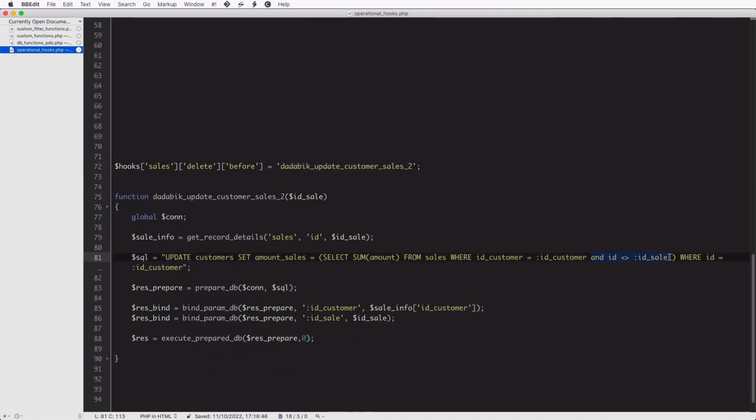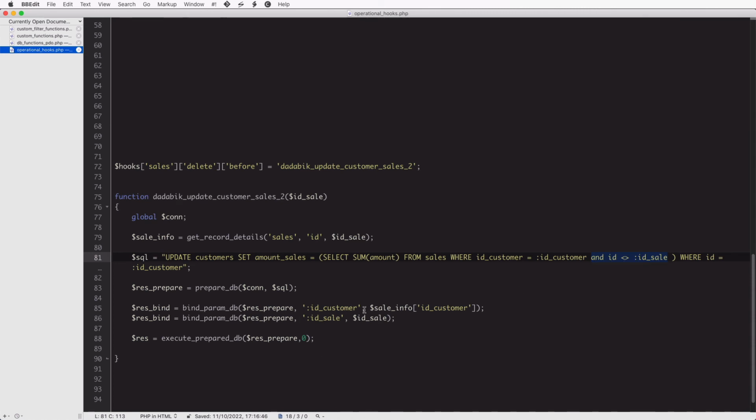So here, I'm saying, okay, again, sum together all the amount values for all the sales related to that customer, except for the current sale. I mean, the sale I'm going to delete. Exclude that, so ID different than column ID sale.